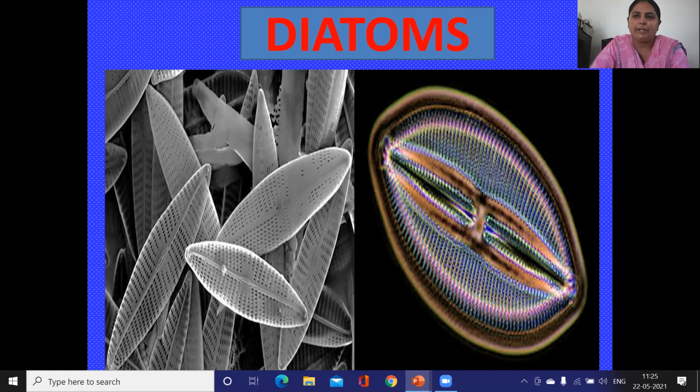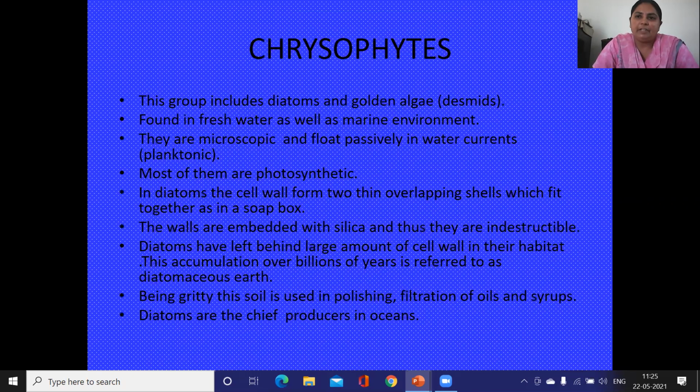The first type of organisms are known as the chrysophytes, and I have described the features of the chrysophytes. Among these chrysophytes, we have 2 types of organisms. One is diatoms and another is golden algae. So here on your screen, the diatoms are visible to you. Now proceeding with the next one, chrysophytes, the features are very much clear to you, that they are freshwater